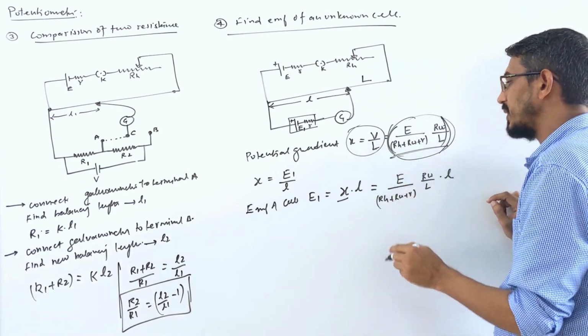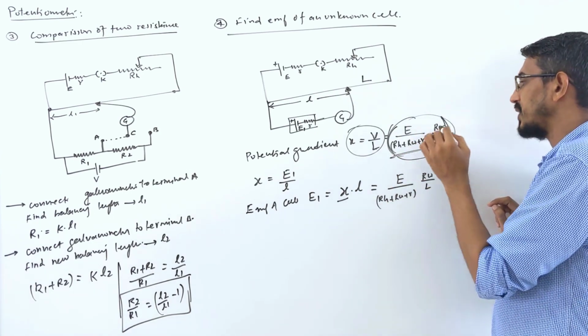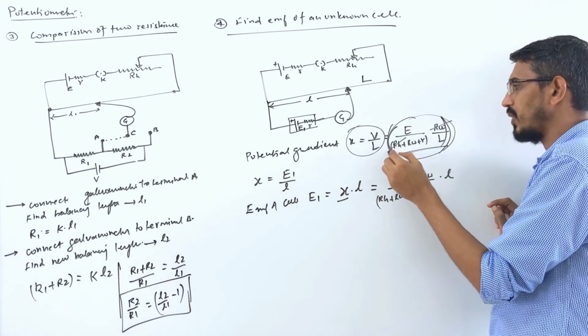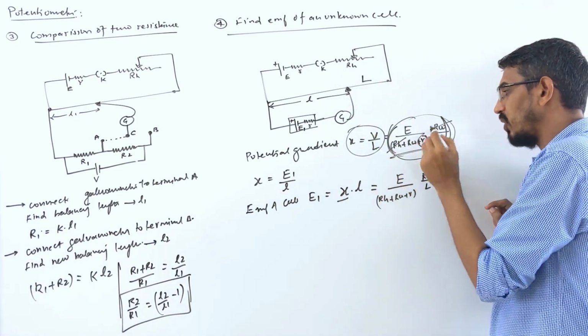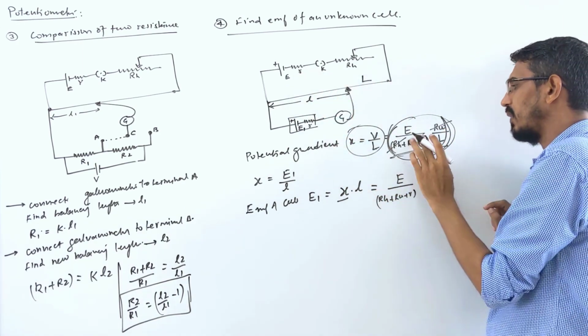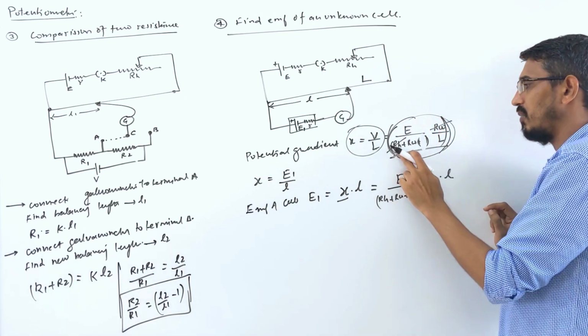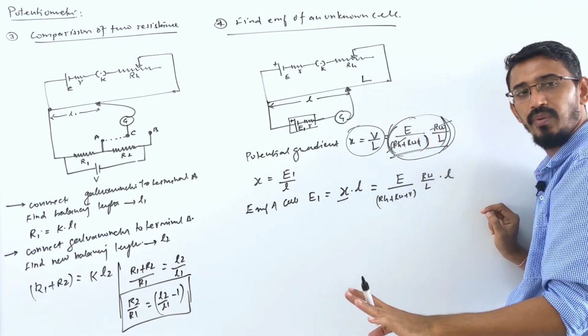Here I told you again what happens: among these three resistances, the resistance of the wire is always given, and the resistance of the rheostat is always given, we need it. This may not be given, the internal resistance of the cell, then you can just remove it from this formula. Only Rw plus Rh remain down here, no problem.